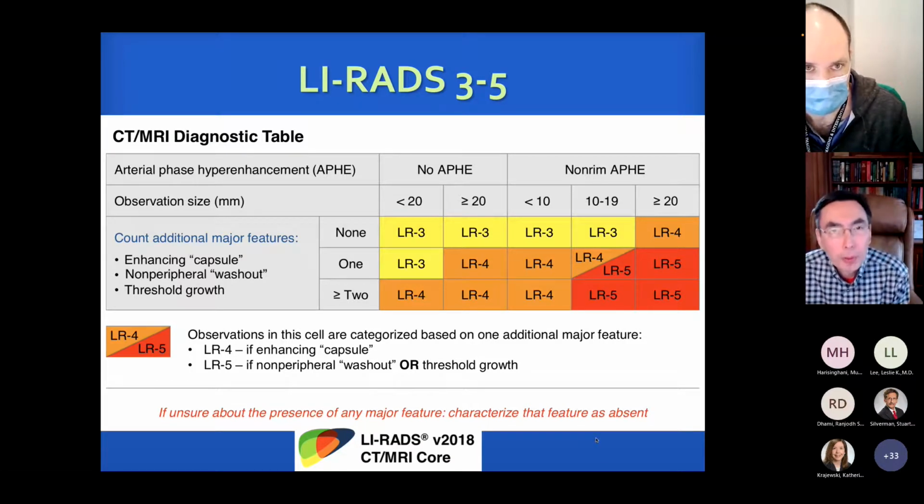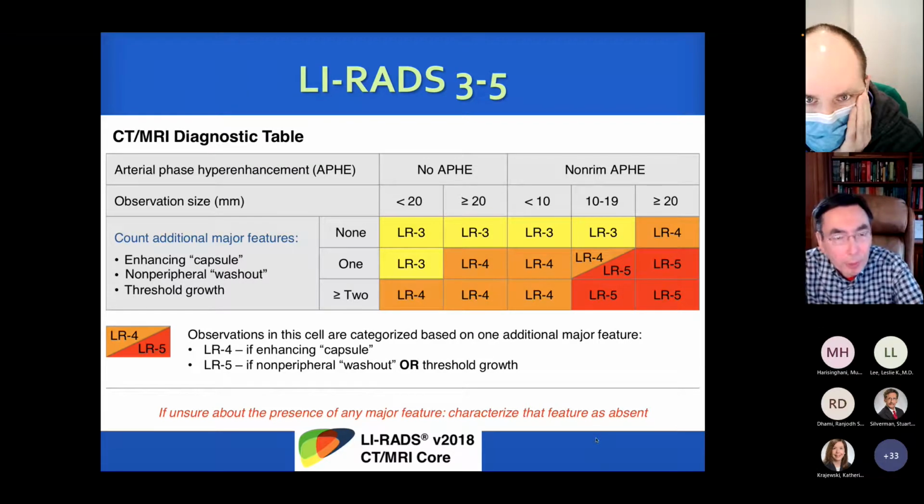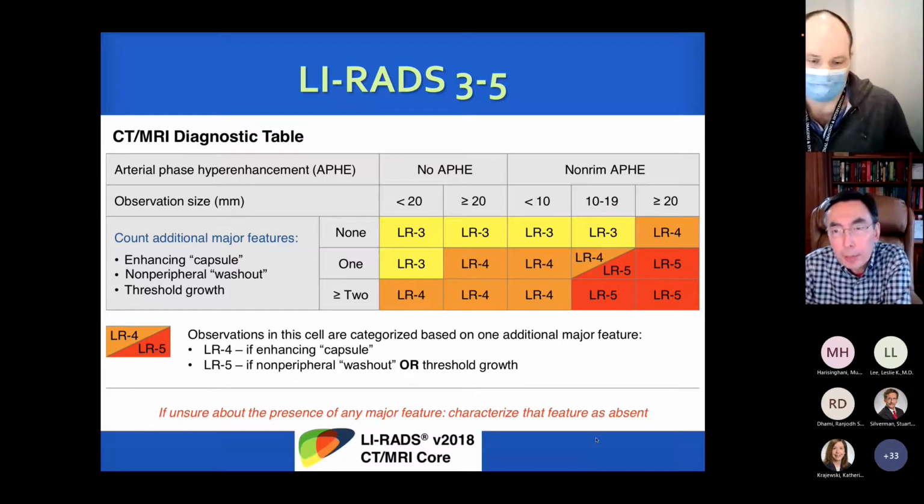And you'll notice that, first of all, we only assign LI-RADS scores of 3 to 5 using this table. If it's a definitely benign or probably benign LR1 or 2, we're not going to use the table. Similarly, if it's LRM, we're not going to use the table. So across the top, you can see that the most important major feature is arterial phase hyperenhancement, and specifically non-rim arterial phase hyperenhancement. The reason they say non-rim is that a thin rim-like arterial phase hyperenhancement is a feature of cholangiocarcinoma